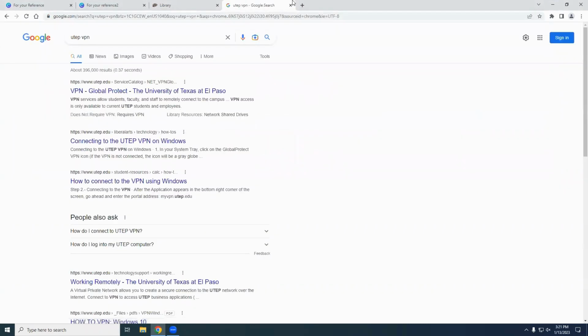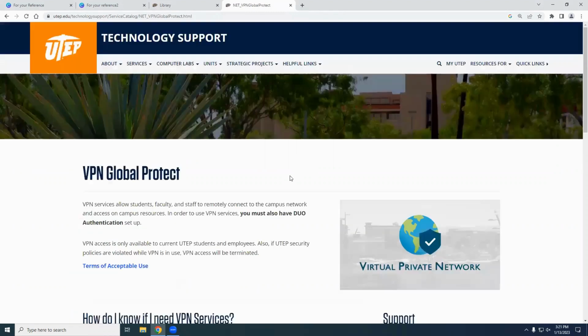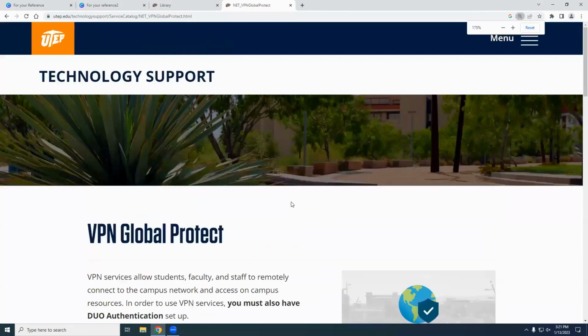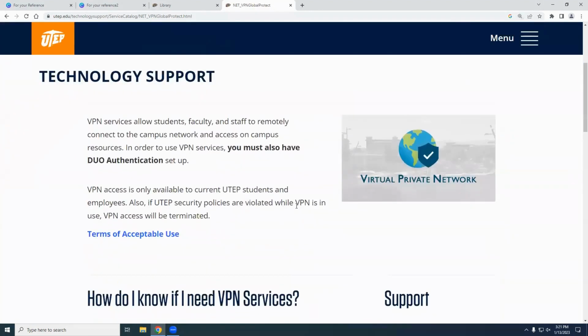Now, this is through technology support. Okay, this is not something that we as librarians tend to mess around with. So if you want a lot of assistance in setting this up, IT would be the people to go to or call. Okay, so I'm going to go ahead and make this a little bit bigger.